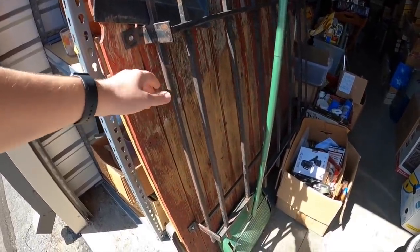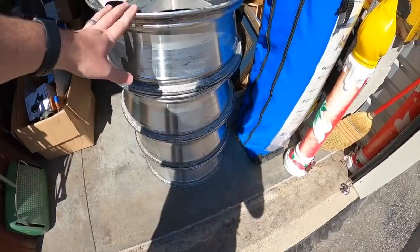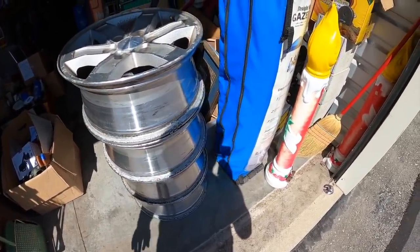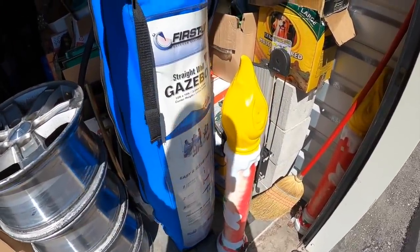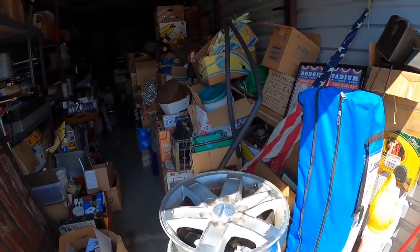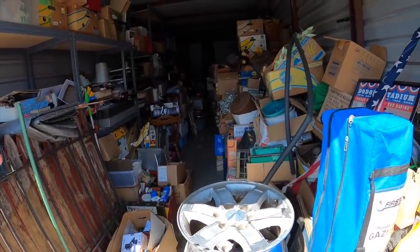Here is a wooden fence. Somebody's put a cast iron gate on. There's some rims. They might be in such bad shape that I just have to scrap them. There's a big easy pop-up tent. Just so much stuff, and I think this might be the one that I want to break the other 2